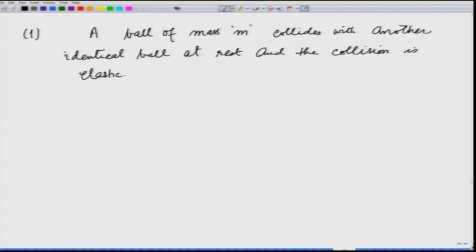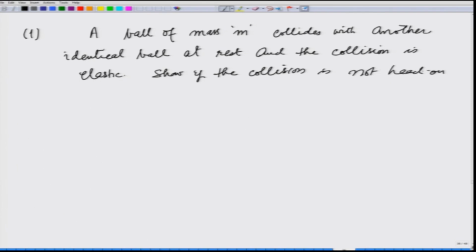What that means is that the kinetic energy is not lost. Show if the collision is not